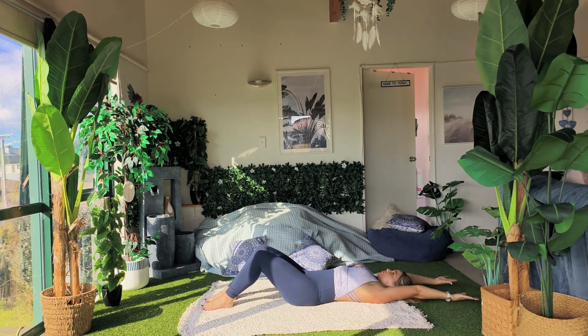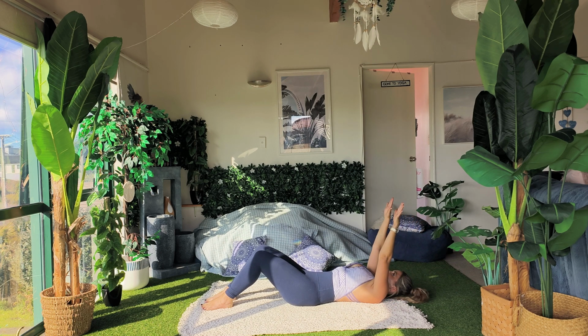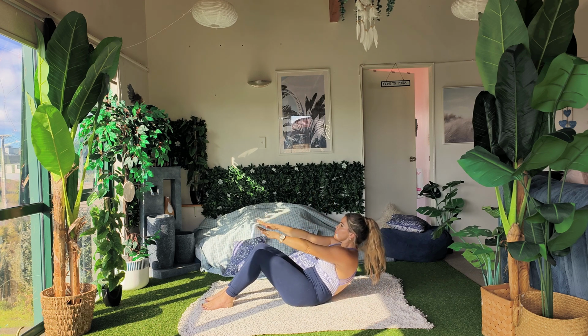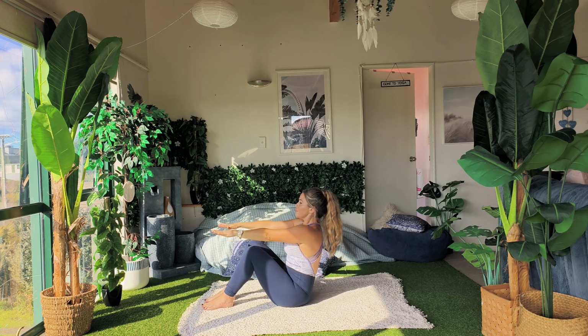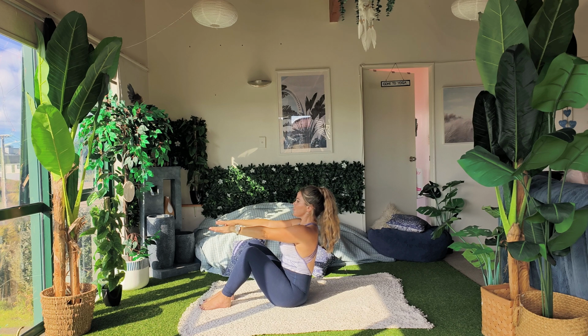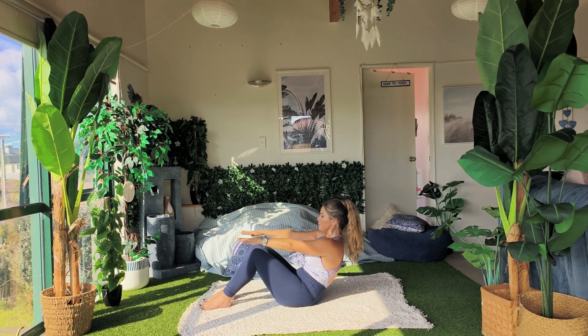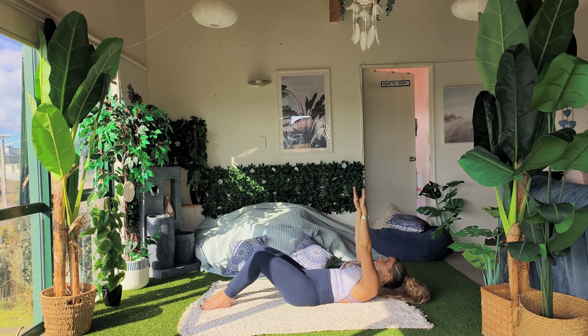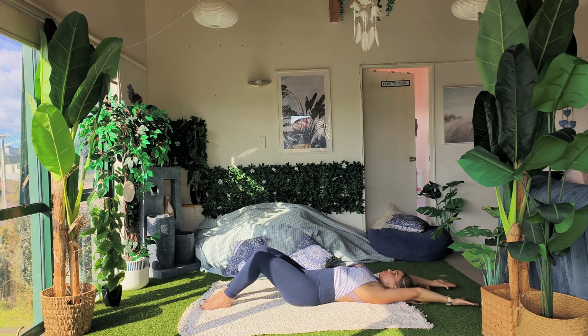Then we're starting to bring the arms up overhead, spreading wide through the fingers, finding length all the way. And then you're starting to allow the arms to come all the way directly out from the heart. You're rolling up. We're starting to do some full roll-ups here. So rolling all the way up, engaging the core, and then slowly with control, rolling the spine all the way